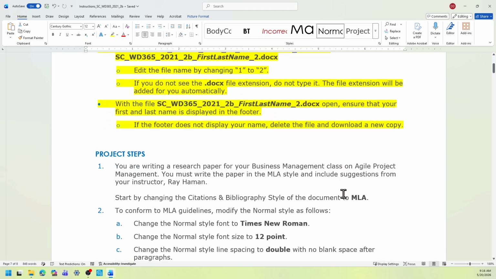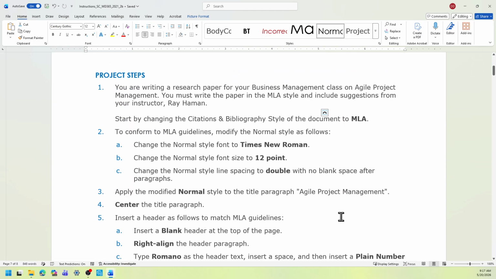Okay, now the project step 1, you are writing a research paper for your business management class on Agile Project Management. You must write the paper in the MLA style, include suggestions from your instructor, Ray Hammond. Start by changing the citations and bibliography style of the document to MLA.